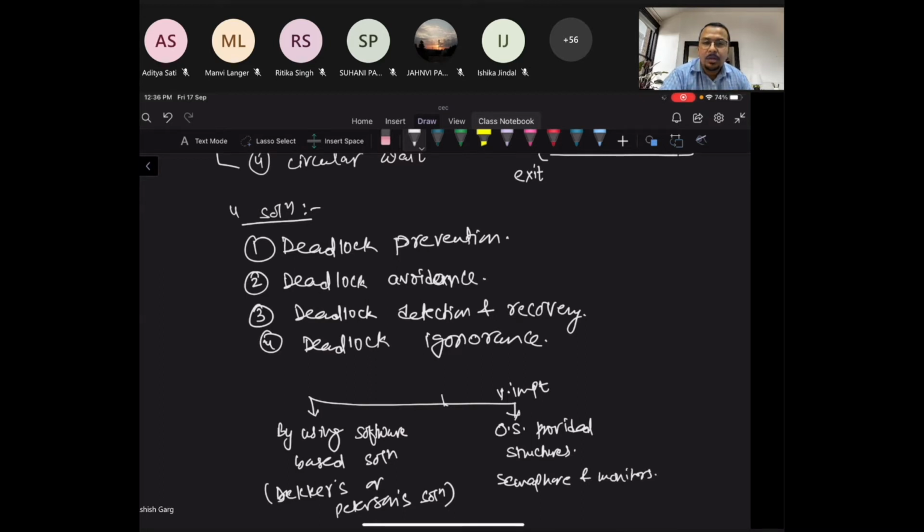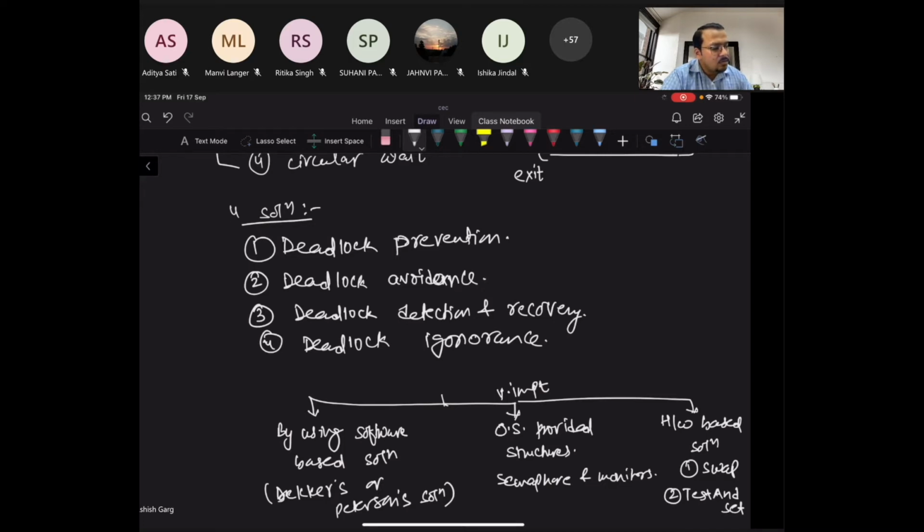And the third one is not much important from the perspective of interview, but if they ask you what the solutions are, then you can answer it, that is hardware-based solution. Here we have two solutions, one is swap and another one is test and set. These are the two solutions under hardware instruction. This is not much important from the interview perspective, but you can name all of these at least.